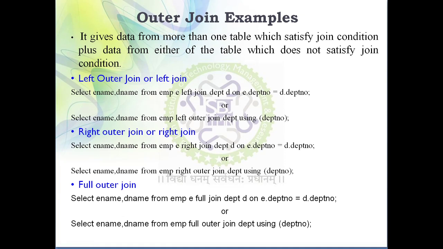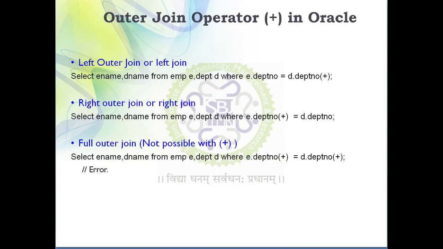We will see a demonstration of all these commands with live SQL. So this is the ANSI standard outer join. Now suppose we talk about Oracle. Oracle explicitly provides an outer join operator, and this outer join operator is specified as (+). In brackets we need to specify plus. This particular symbol represents the outer join operator in Oracle.